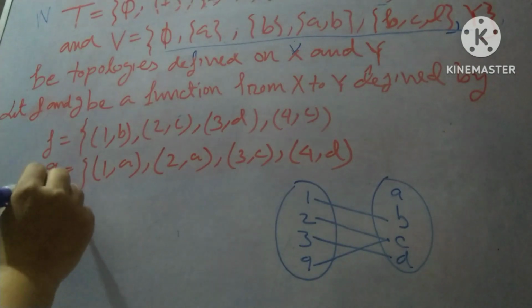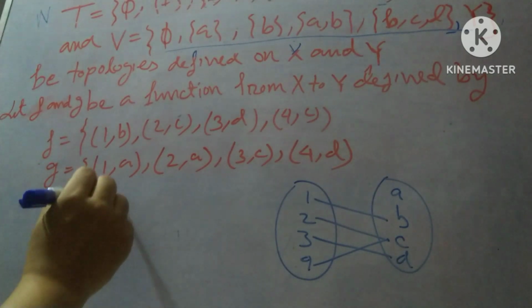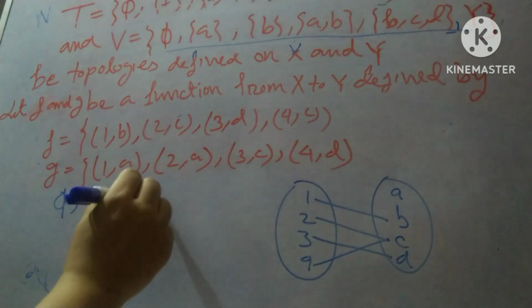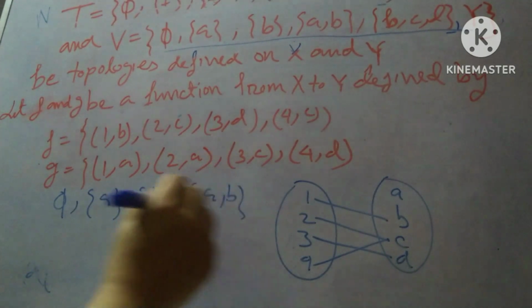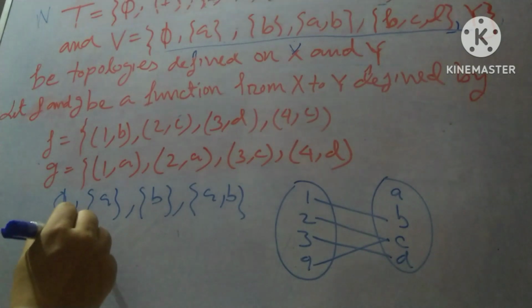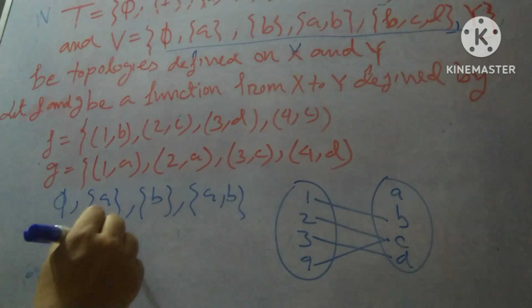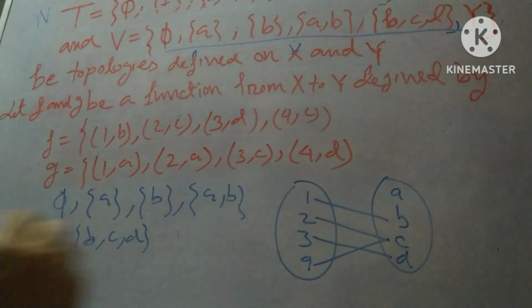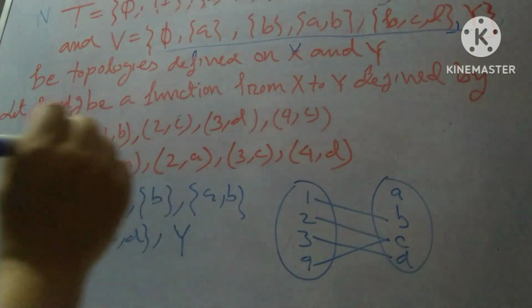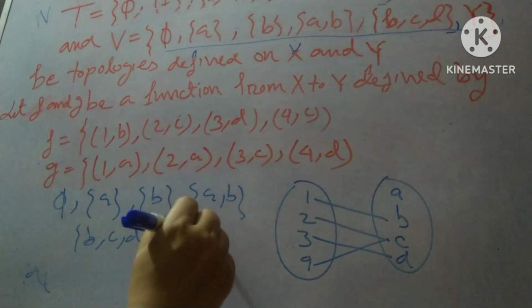So that is the list of V open sets: phi, {A}, {B}, {A, B}, {B, C}, {B, C, D}, and Y. Okay, clear? So F inverse